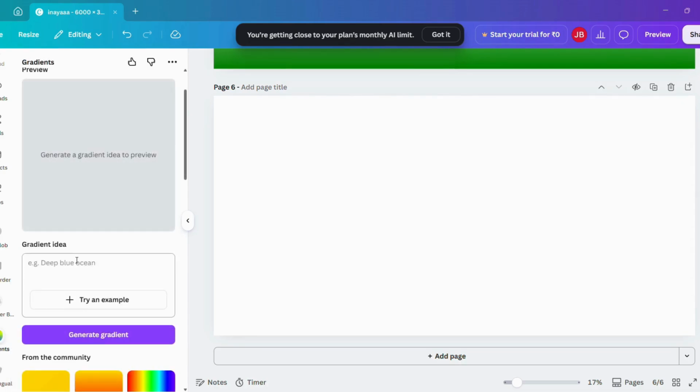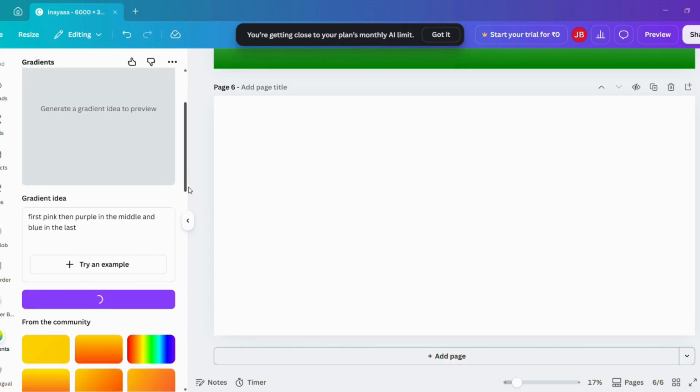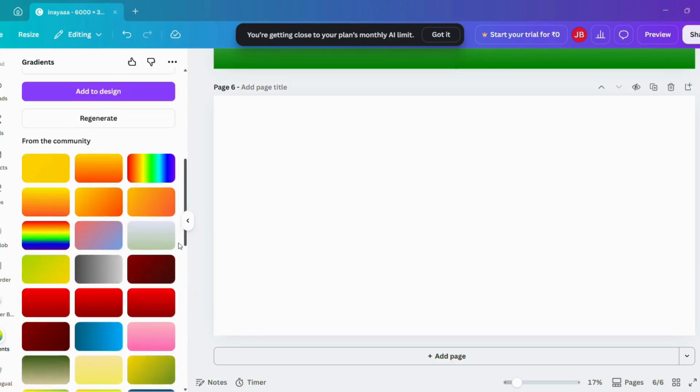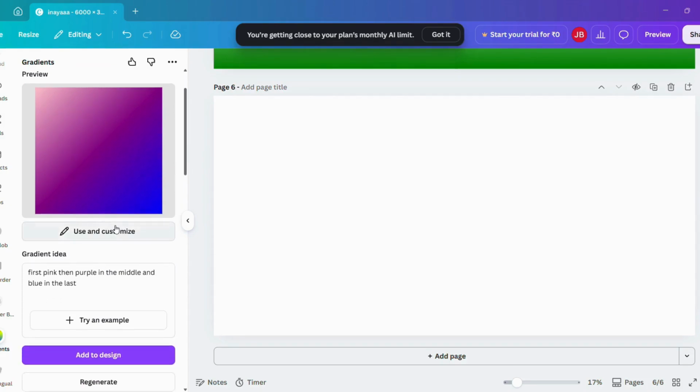So I'm going to add pink. First we can have pink, and then in the middle we will have purple and blue, and the last. Okay, now I'm going to generate my gradient. It is going to generate for me, and you can just see some examples. Okay, so now it has generated, and if you don't like it, you can just customize it